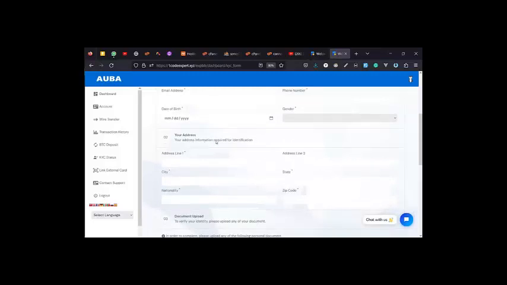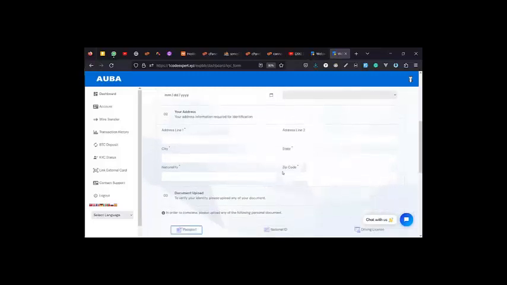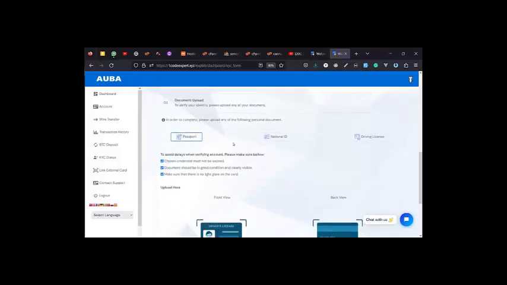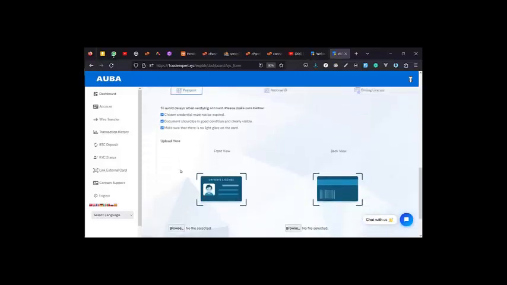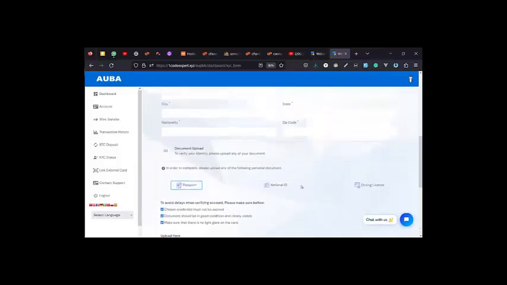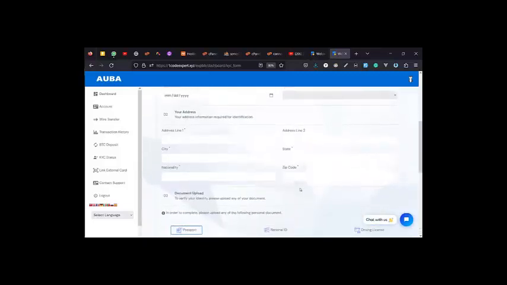Your address information is required for identification. So the person fills in their personal info and uploads whichever document they want: is it a national ID, passport, driver's license, whatever they want to put. To avoid delay when verifying, please make sure the chosen credential is not expired. This just tells them what they should look out for. Once they are ready, they can upload, back and forth, and submit, and automatically it shows up